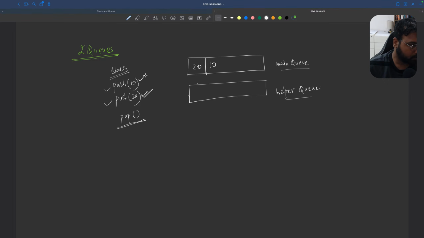Okay, so now let's say that we have to pop something. If we have to pop something, I can directly remove this 20 and give it. But let me not pop. Let me say that I want to add something again. So I want to say push 30. So when we do push, because in a stack we need to implement push and pop, I'm saying when we do push, push to helper queue